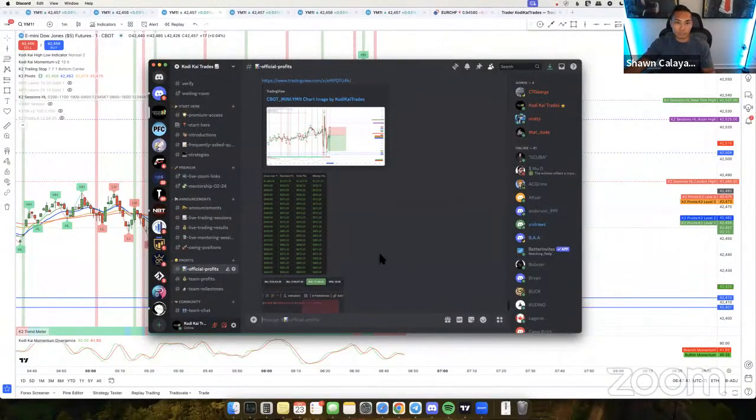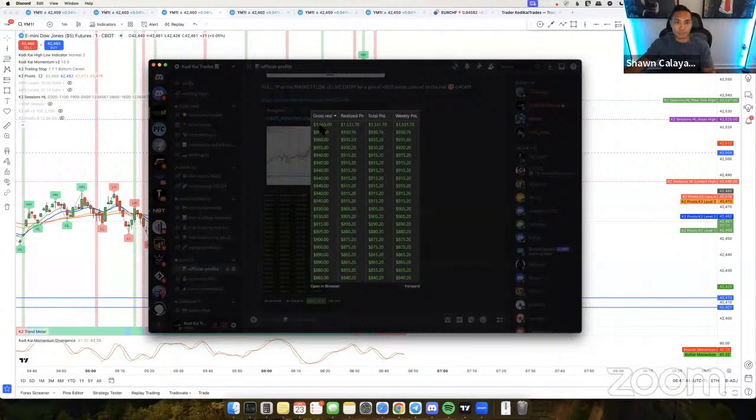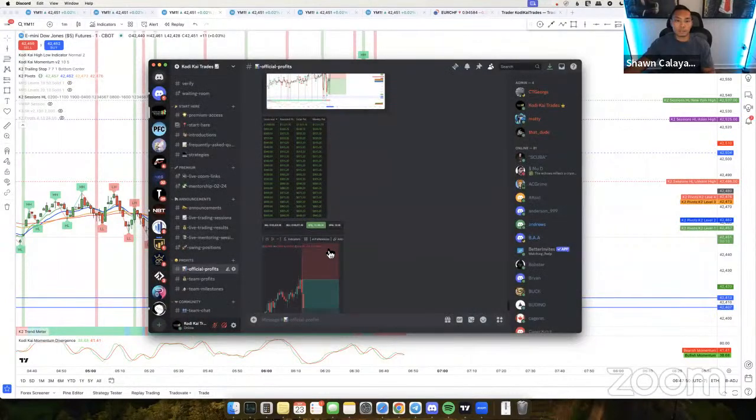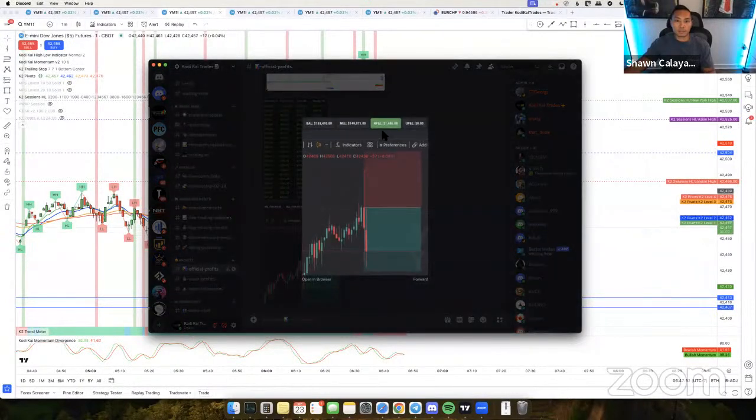So here are all my profits for the day. I locked in 1,665 on my personal account, locked in about 1,000 per Apex account right here. And then here's my Top Step account. I locked in about 1,500. I don't know how this happened right here. This kind of confused me